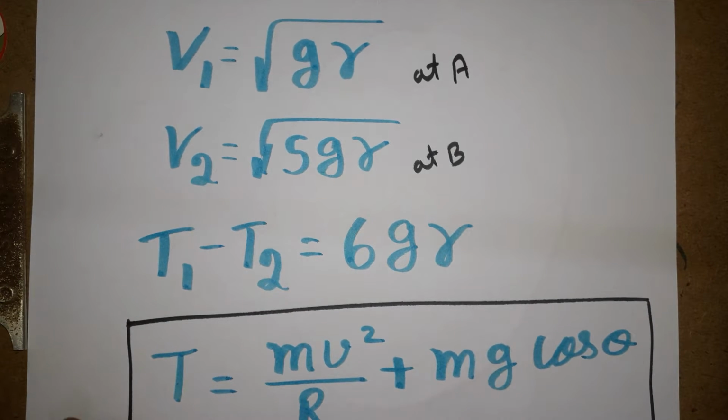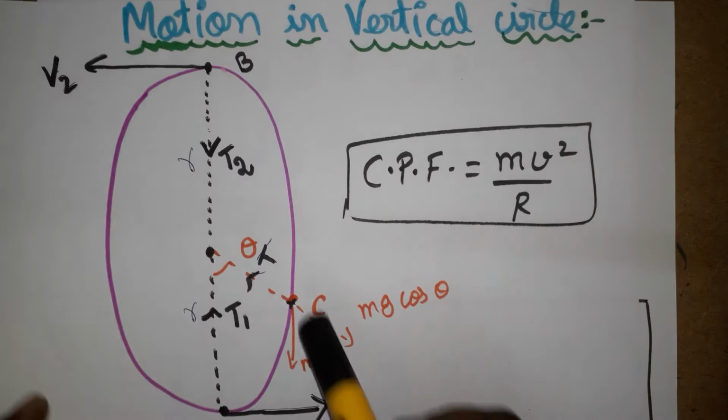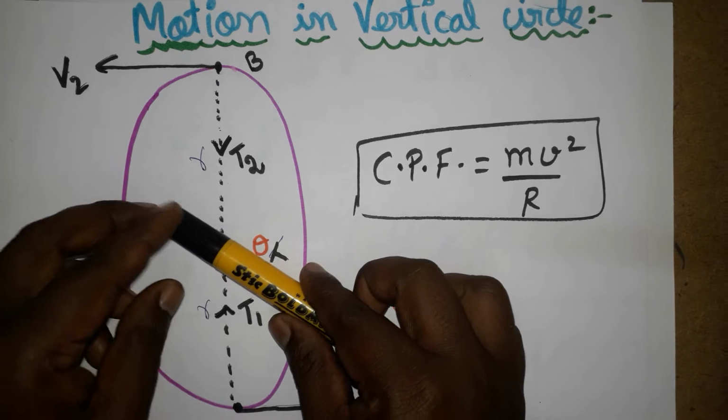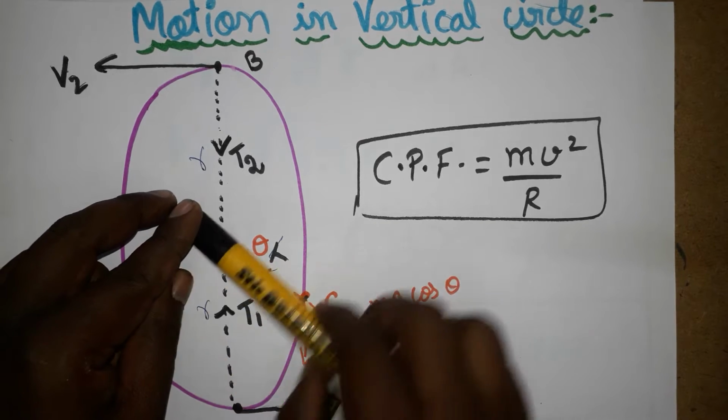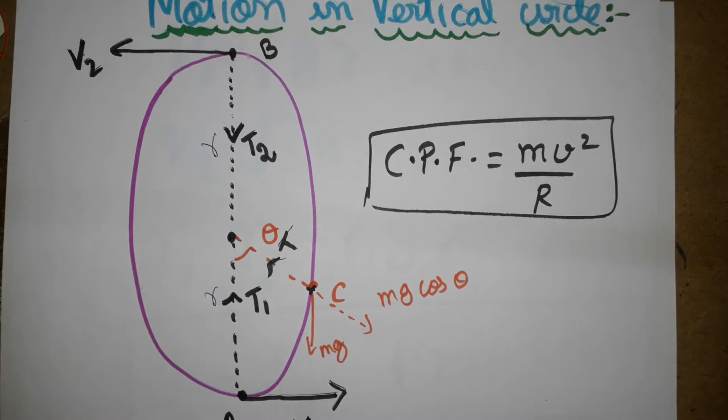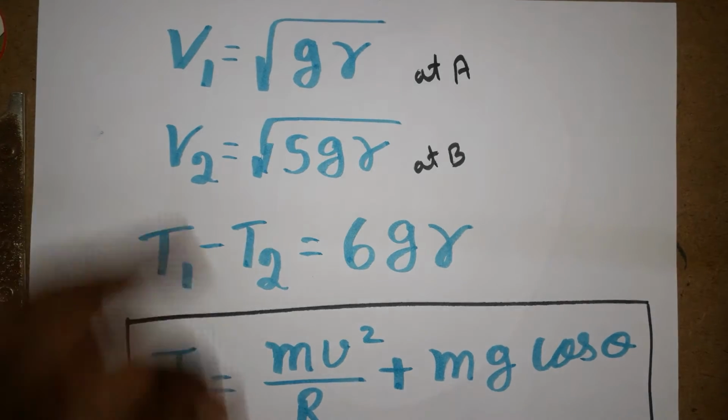Okay, first we will see one by one. First I am going to teach you how I got the point C, why we have to take it at the point C. So I am taking the theta angle from the bottom, and that is going to be point C. From the center, it's going to be the theta angle. Here only we are going to discuss; first we are going to derive the general equation, then we are going to derive the others one by one.